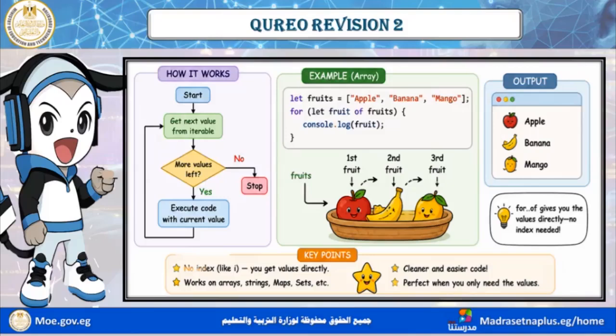Let's understand how it works. Look at the flow chart. Start, get the next value from the iterable. More values left? Yes. Execute code with current value? No, you will stop. So احنا بنبدأ هنا مع الفيرست element، يعني احنا بنعمل متغير بياخد عدد القيم اللي موجودة